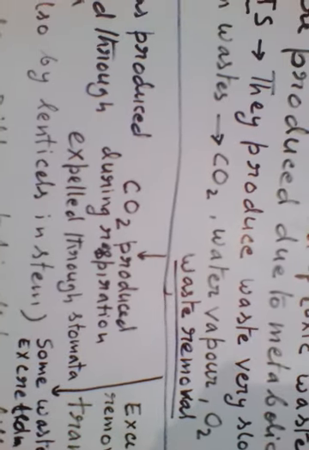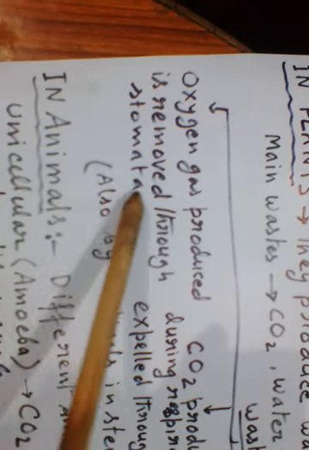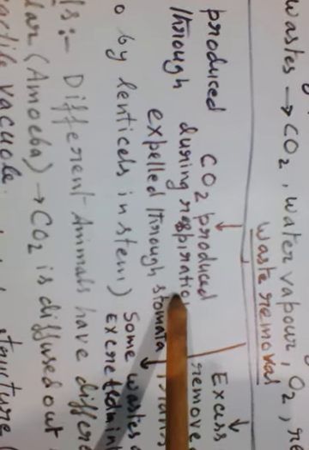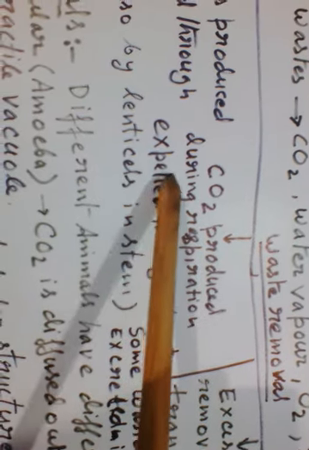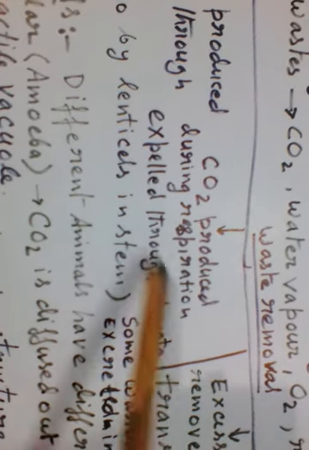Now, how are these wastes removed from the plant body? Oxygen that is produced during photosynthesis, which is extra, is removed through stomata in the leaves. The leaves have tiny pores called stomata. Through the stomata, the excess oxygen is removed to the environment. And CO2 that is produced during the respiration process of plants is also expelled through stomata,